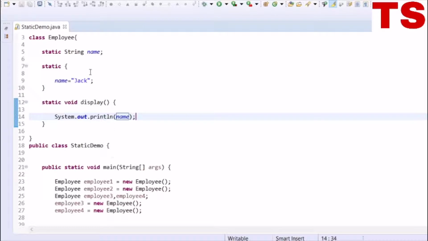You can see that a static variable can be accessed directly in a static method, and we don't need the instance to be created to access it.